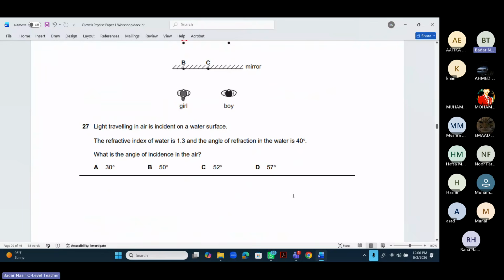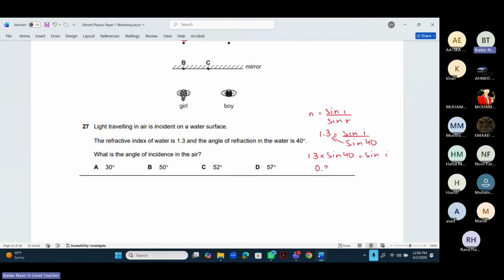Now light traveling in air is incident on a water surface. A refractive index is given and the angle of refraction is given in the water. What is the angle of incidence in the air? n is equal to sin i over sin r. n is 1.3, sin i over sin 40। अब ये sin 40 उधर जाकर मल्टीप्लाई कर दो, so 1.3 into sin 40 is equal to, let me put this on calculator, sin 40 that gives us 0.836।